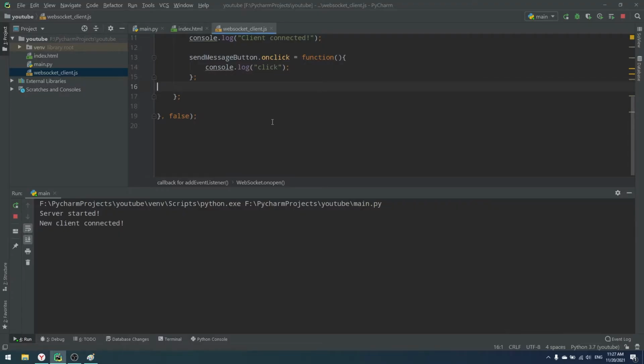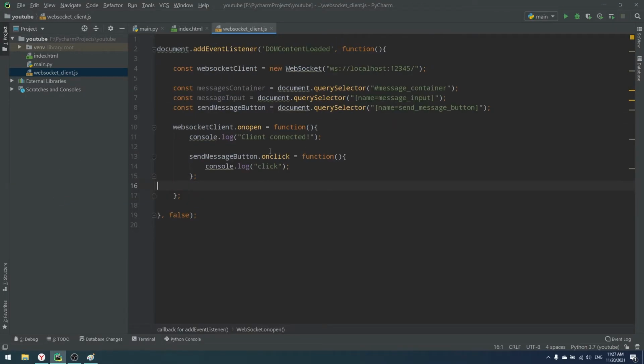And now when I'm clicking on my send message button, as you can see here, we capture our clicks. So why am I putting that send message button onclick right here? Because once again, we only want to talk to our server, to our WebSockets, whenever we open a connection. And there is a possibility that you have to open the connection for so much time that you will not be able to send your messages when your client will click